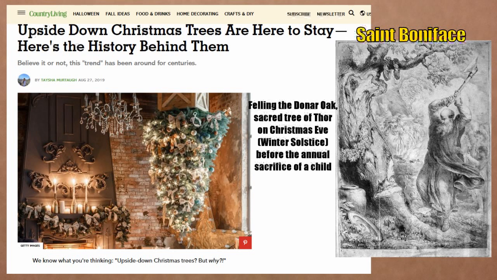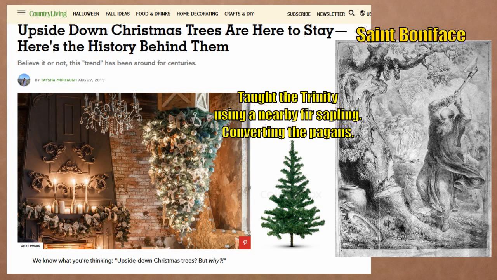Again, that's a narrow definition, but as the story goes, Saint Boniface, in the 7th century, went to promote Christianity in what was still the pagan north of Germany, and he cut down the Donner tree, also called the Thunder Oak, a sacred tree of Thor, where just before Christmas Eve each year, which just happens to be the Northern Hemisphere winter solstice, the pagans would sacrifice a child on this tree, as the story goes, and to show the power of his particular god,